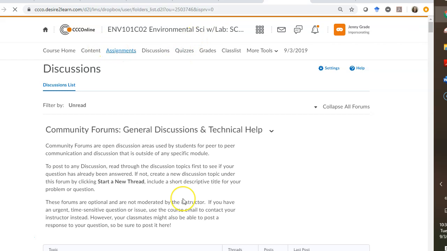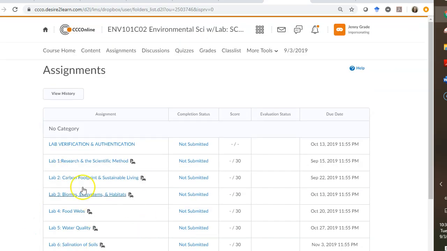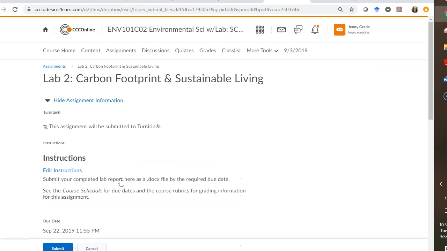You submit your labs through the assignments link. So these are drop boxes for you to submit Word files, PDF files. I cannot open .pages files, so please don't submit .pages files. I don't know where that comes from, and I have never been able to open them. Other than that, I'm pretty flexible. So you open a Dropbox and